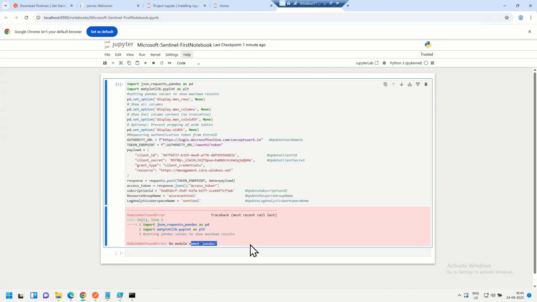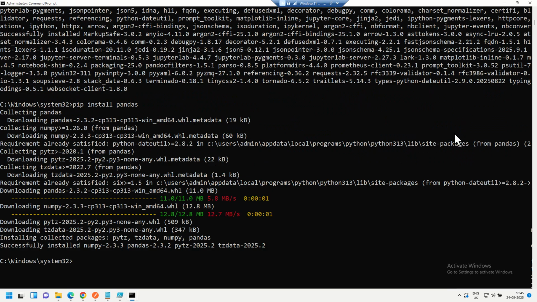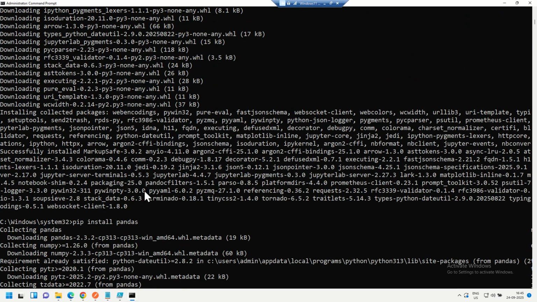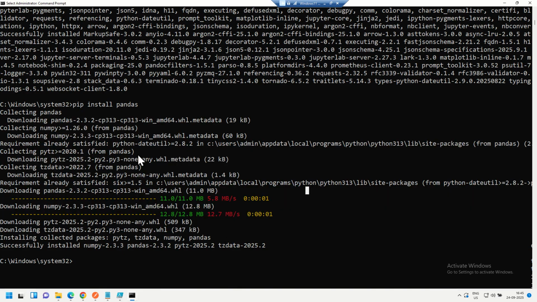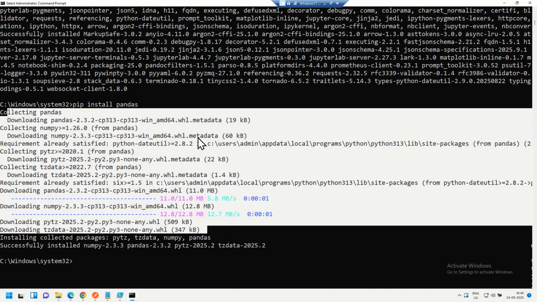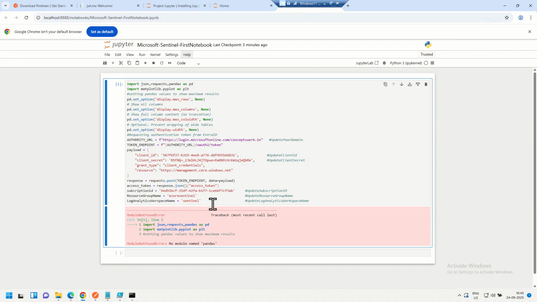So perfect. You can see it is showing me that no module named pandas was found. As of now, just ignore this particular script. I will explain this in a lot more detail. But let's just do something. Here I will go and say pip install pandas. Perfect. So it took around 2 minutes for this particular module to get installed. Maybe something wrong with my machine. It's not behaving properly. But anyways, so now the module is installed, and I'll go back to my notebook,